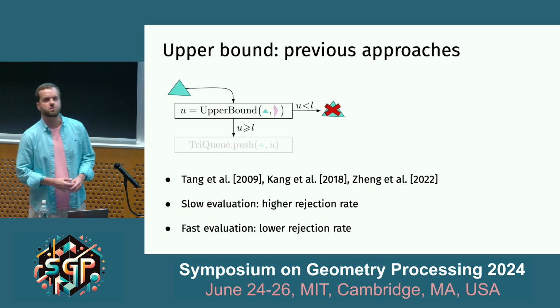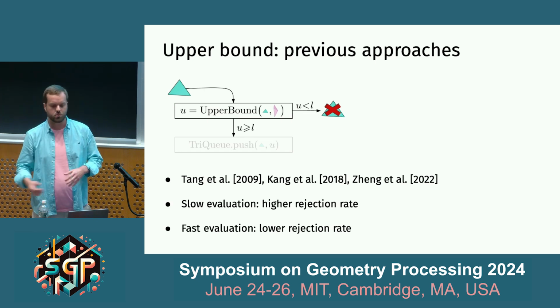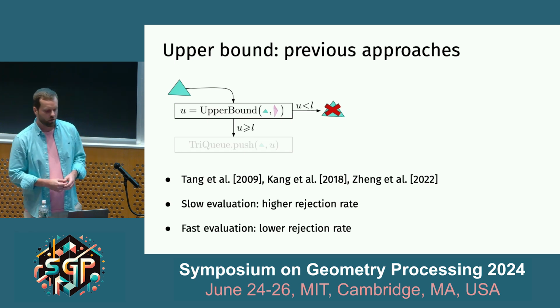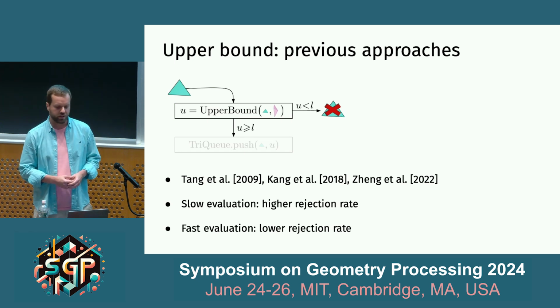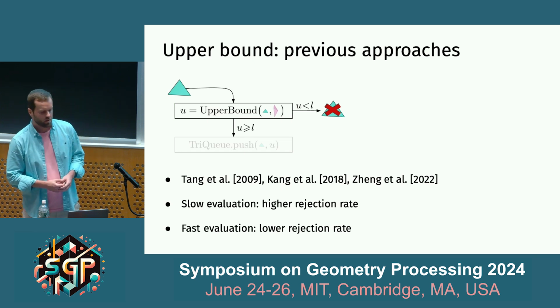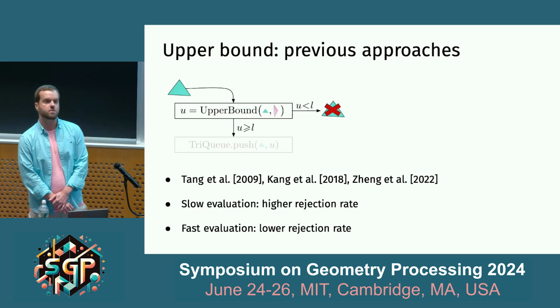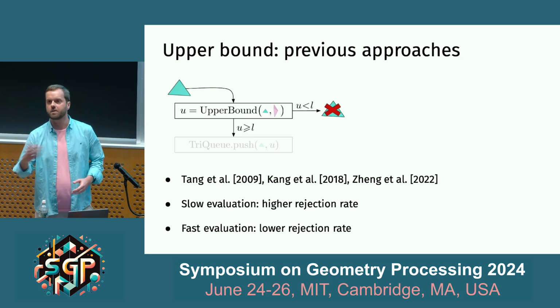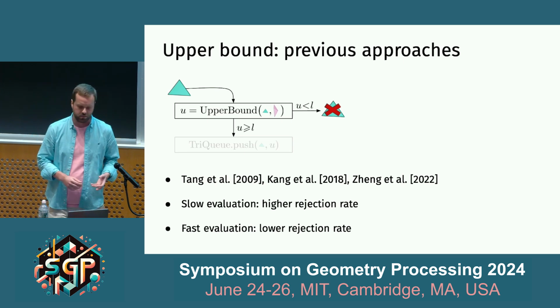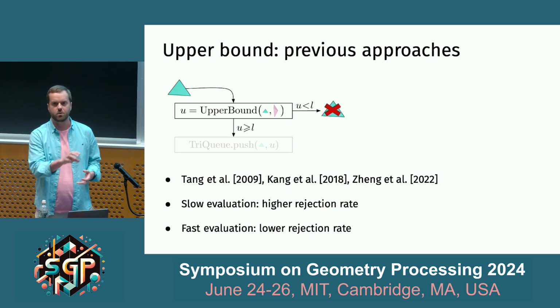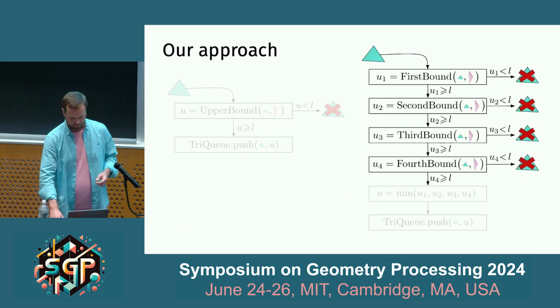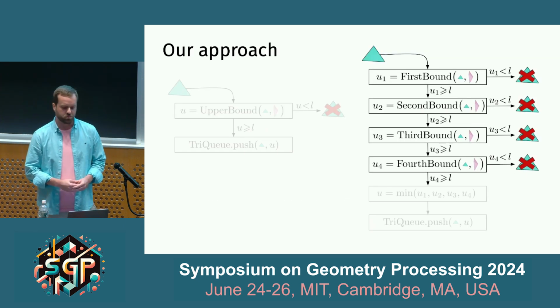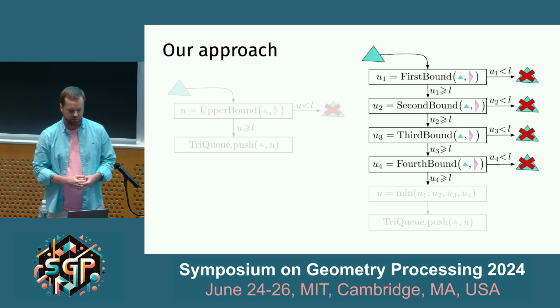Since upper bound evaluation is performed usually thousands or millions of times, a bound with a computationally simple formula and fast evaluation is desired. Unfortunately, bounds with simple formulas tend to reject fewer triangles and lead to more upper bound calculations and higher memory consumption. On the other hand, tighter and more complicated bounds make individual upper bound evaluations too costly. We overcome this problem using a cascade of increasingly complex upper bounds. A simple bound for the